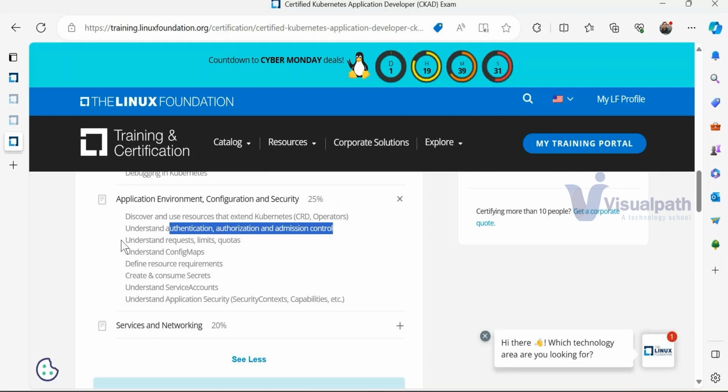Request limit quotas. As I said, with resource quota I will be giving the CPU and memory, right? And I can define my quota also. When you design your application, you should define the resources also, and we will be covering this part. Config map and secret: as I said, config maps are nothing but environment variables, but I cannot expose a username and password as a plain text environment variable. I'll be using encryption and decryption techniques. Then resource requirements and secrets, which I already talked about, and service accounts. Service accounts are nothing but an application admin account, so that you can configure the application. I cannot give you a full cluster admin account, but for a particular application, I can create a service account.